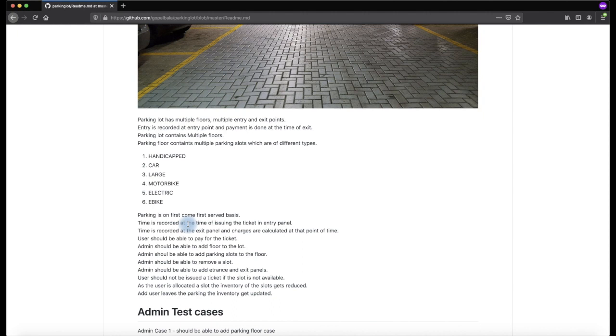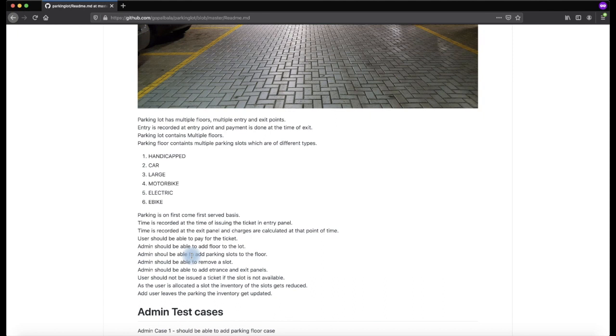And the next is the admin case. For example, if the parking lot has come up, the admin should be able to add and modify parking spots and parking floors as they come in. It should be customizable by the admin. They can add a parking spot and they can remove a certain parking spot so that it is reserved for some people, for internal workers, and it should not be shown as an available parking spot at the entry. So that is also given in the requirement.